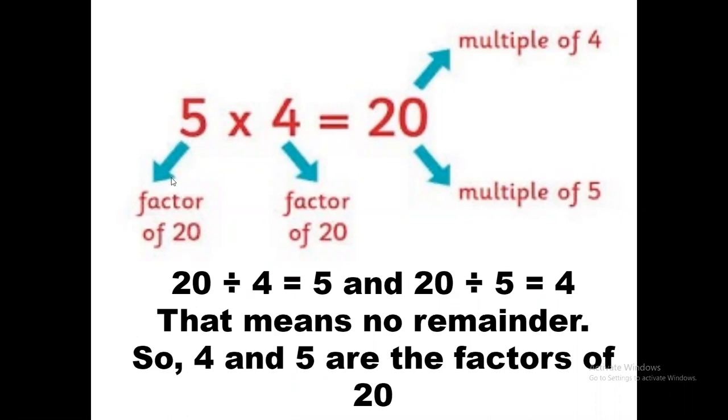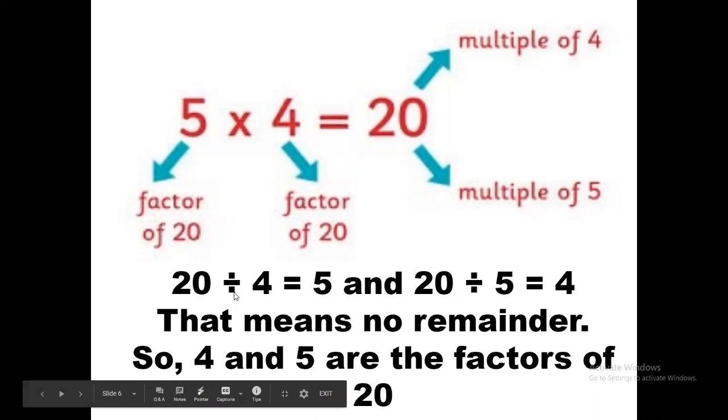For example, over here you can see in this picture, I have made these arrows to understand what factors and multiples are. When I multiply 5 with 4, I get the number 20, and that is a multiple of 5 and a multiple of 4 also, because 20 comes in the table of 4 and in the table of 5 also. But these are the factors of 20. 5 is a factor of 20 and 4 is a factor of 20 because 20 comes in both of these tables. Now understand with the help of these signs.